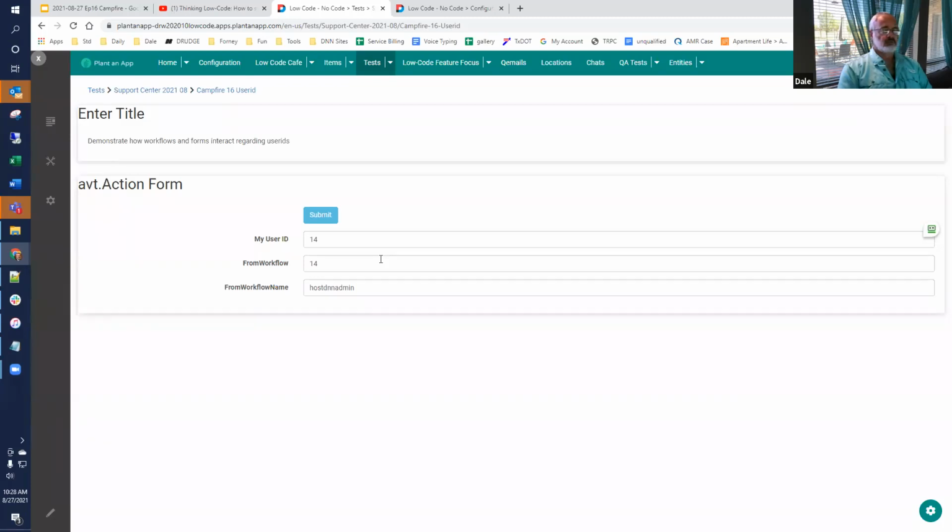So action form brings the user context into the workflow, but other things are not going to. Again, I know APIs that are executed that don't use JWT, for example. If those were to call workflow, I think it would come in as empty. Any of that of value? Any of that make any sense?